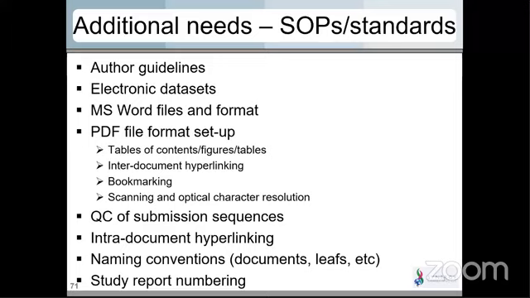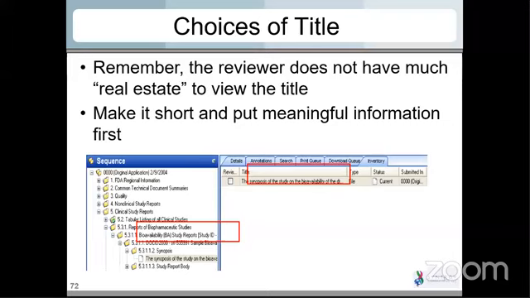And then the additional SOPs or standards that I recommend are, as you can see on this slide, I mentioned already naming conventions, also study report numbering, how you're going to do your PDFs, and so forth. Those are all going to be important SOPs. And certainly for your company, you may have other ones that you want to have added. Anything you want done consistently, as you know, in working in the GMP space, that's what you need to have an SOP for. Also remember, when you're coming up with your naming conventions, that the reviewer doesn't have a lot of space